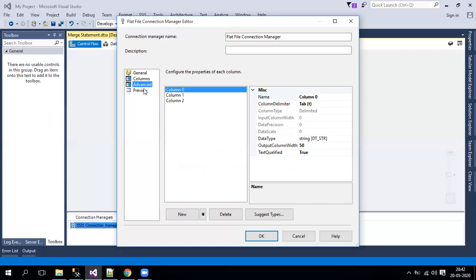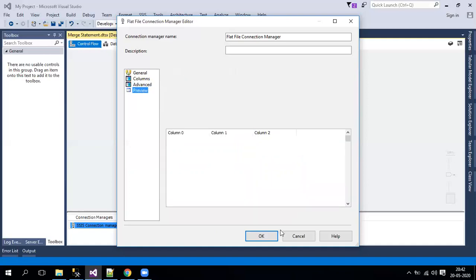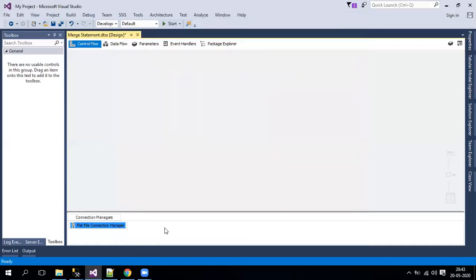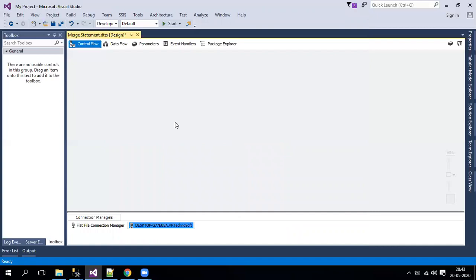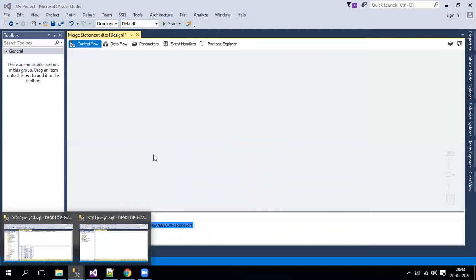However we want, we can do that. As there are fewer columns here, I don't want to rename, we can try directly going and mapping it. And let's click on OK. And I'll create a destination connection for storing the data into a staging table. And before creating the package, let's make sure the table is there.